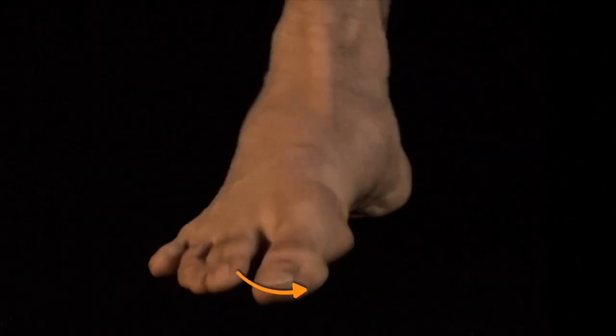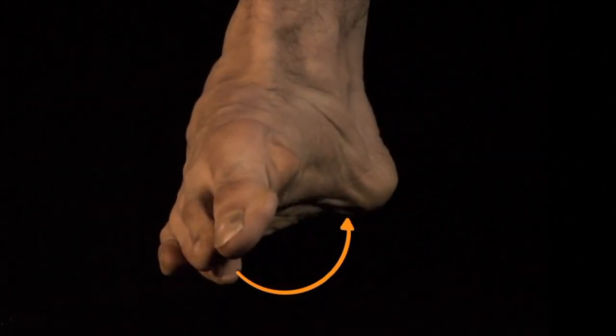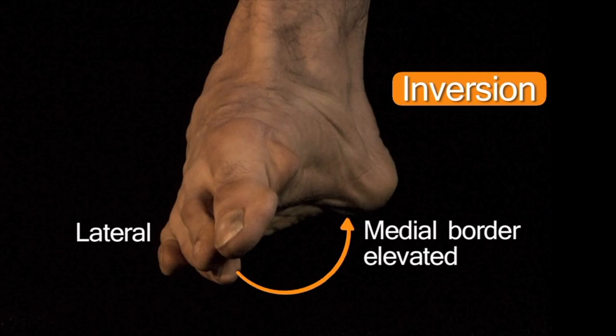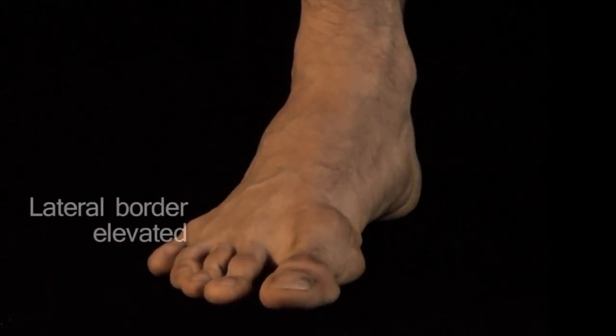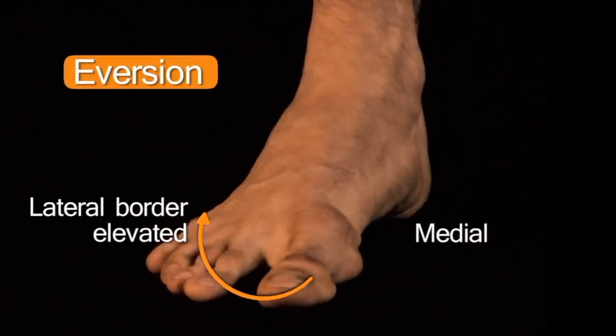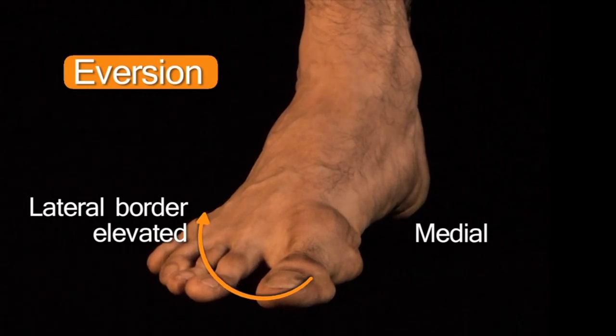Moving further along, various small joints in the foot allow specialized movements of the foot. An inward rotation of the foot, whereby the medial border of the foot is elevated relative to the lateral border of the foot, is referred to as inversion of the foot. And the opposite movement, wherein the lateral border of the foot is elevated relative to the medial border of the foot, constitutes eversion. And finally, the toes are capable of flexion